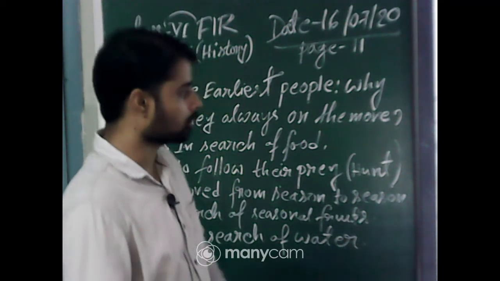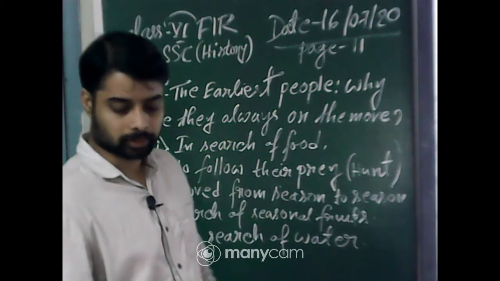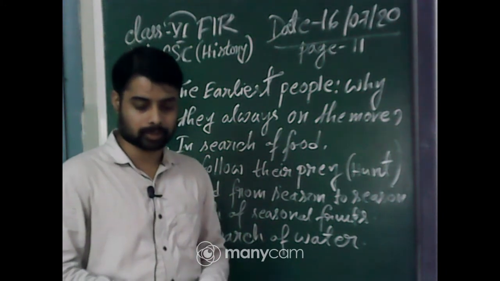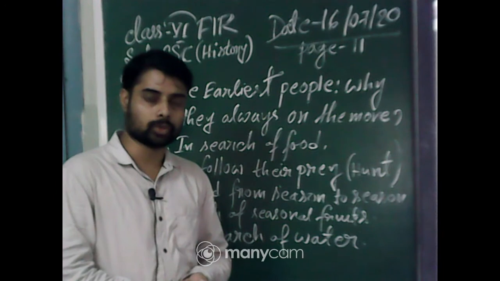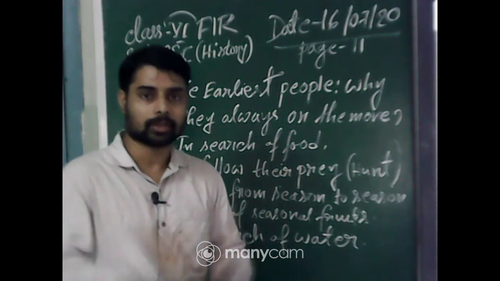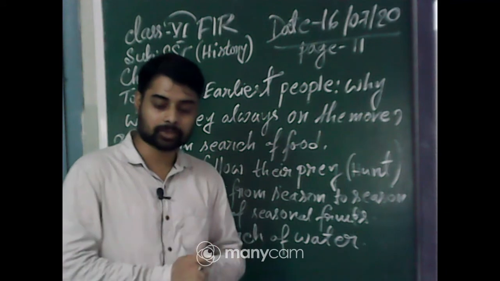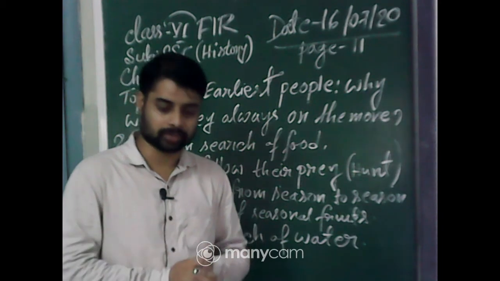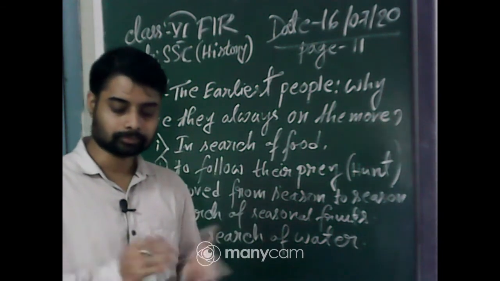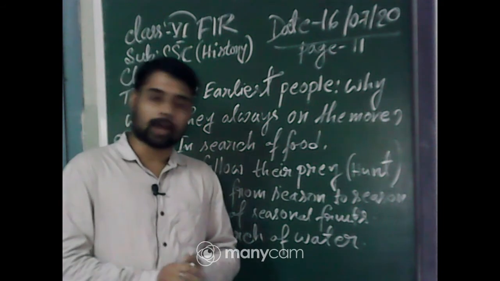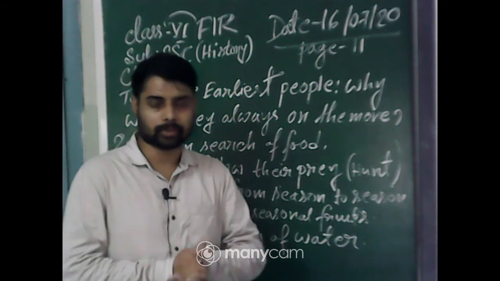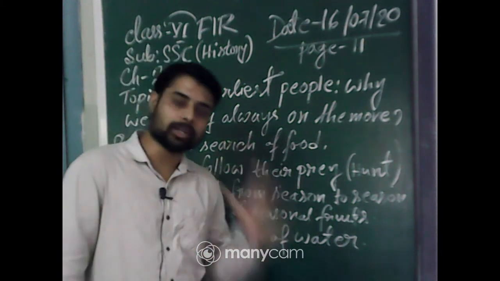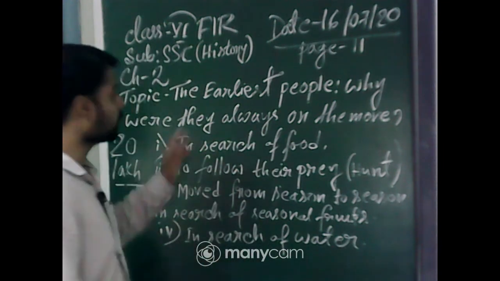Okay, Tanujit. So let us begin the rest of the portion. These are the occupations of hunter gatherers. They hunted animals for their food, and they collected stalks, seeds, leaves, eggs, fruits and nuts, and they also caught fish and birds. It was very necessary for the hunter gatherers to move from one place to another, and there are many reasons for their move.